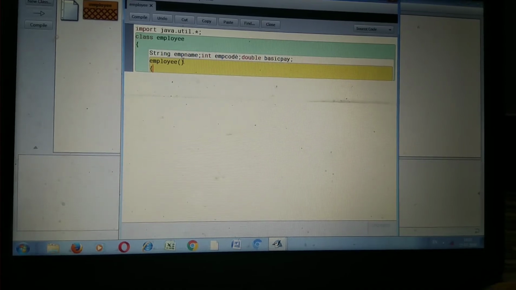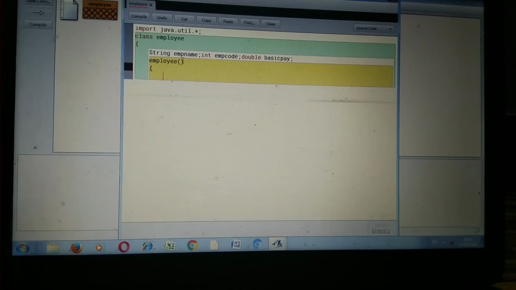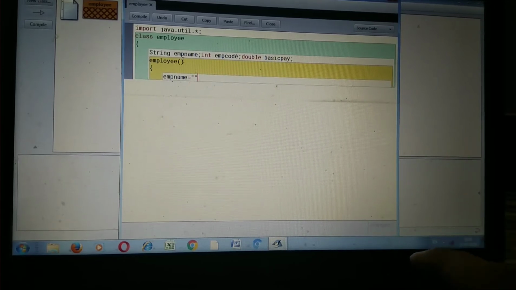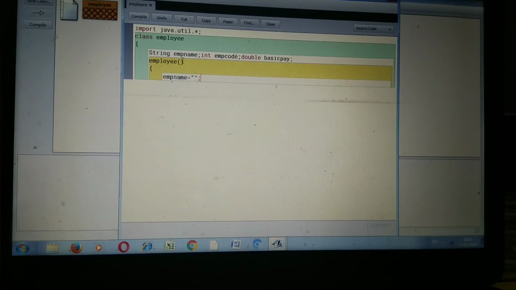So our empName, meaning employee name, is a String type, so we define it as null. Then the next variable is empCode.